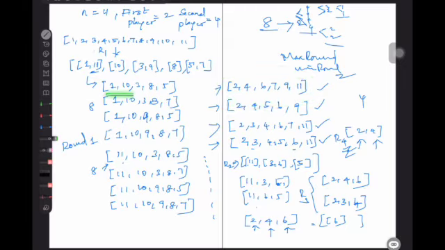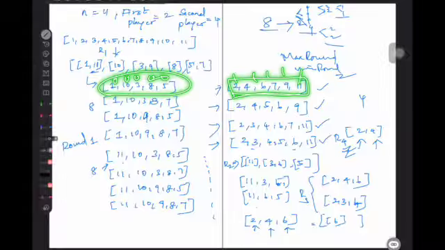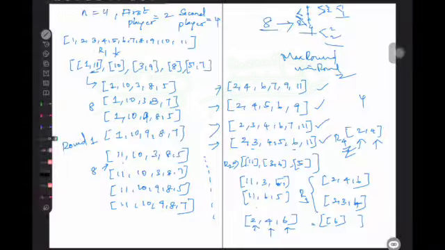So these bits will be set to 0, 0, 0, 0, and these bits will be 1, 1, 1. These I'll take into consideration as the next current players for the match. So like this I'm thinking of the approach. Now let's look into the solution, how I'm going to do it.